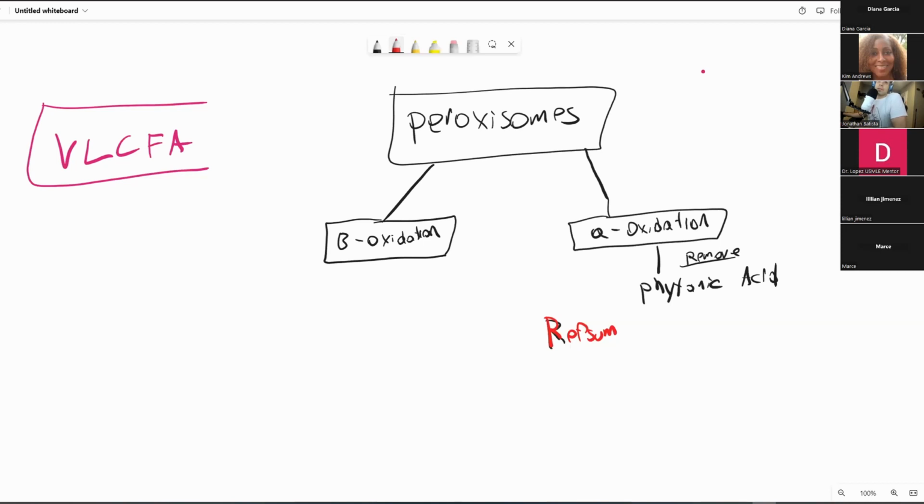All right. So when we look at Refsum disease, the actual issue that we have here is that we cannot have any type of alpha oxidation. That'll be the problem. So you have buildup and accumulation of phytanic acid, and this becomes a huge problem. If it starts to build up, you'll start to see a lot of particular symptoms that can help us diagnose it, which is good because we can easily diagnose this. What you'll see is that it has